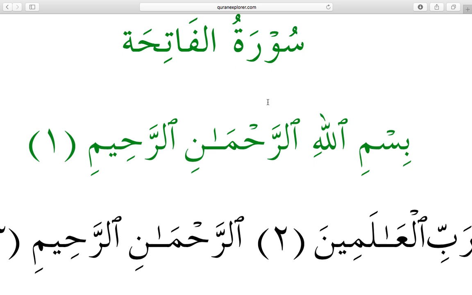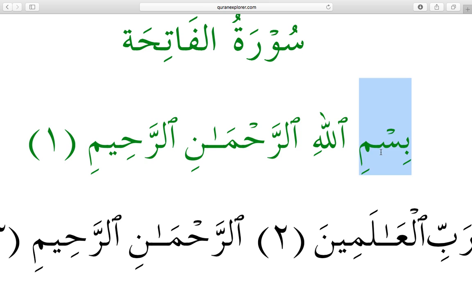So, starting with Surah Fatiha, Bismillahir Rahmanir Rahim. Bismillahir Rahmanir Rahim is usually considered the first ayah of the Quran. Some people, there's a difference of opinion whether it's an ayah or not. But when we start with Bismillahir Rahmanir Rahim,